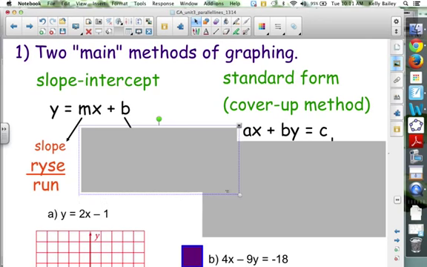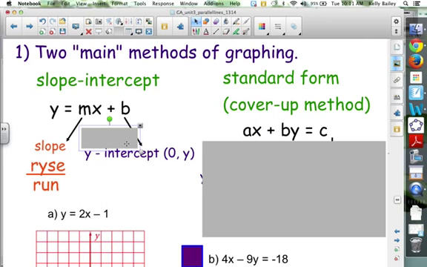The b value is your y-intercept. This is where you will always begin your graphing. Y-intercept is the ordered pair where the graph crosses the